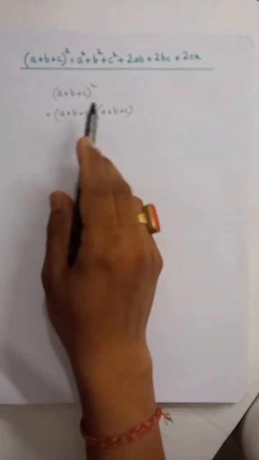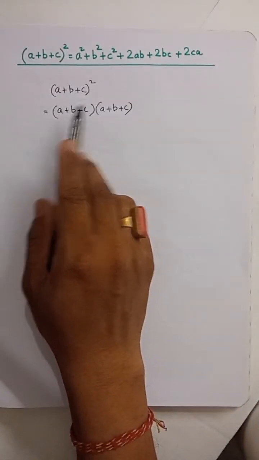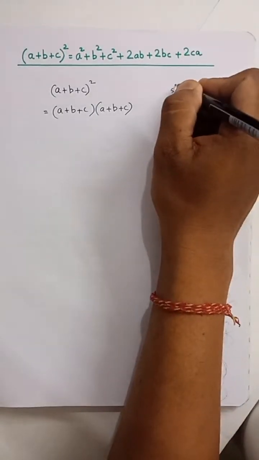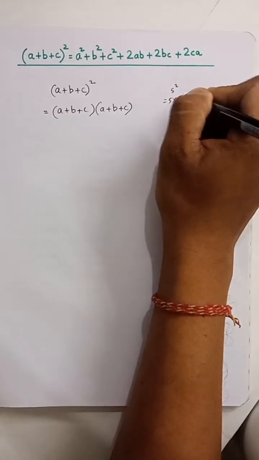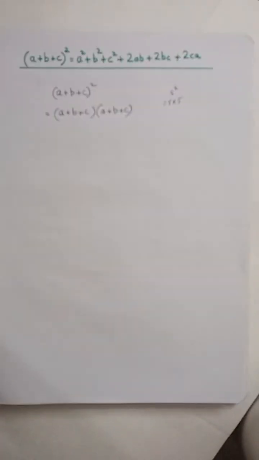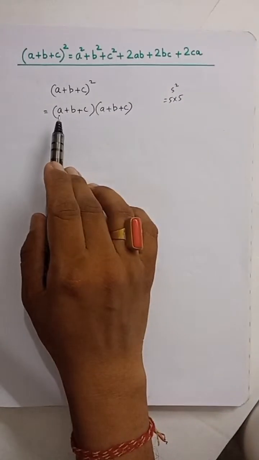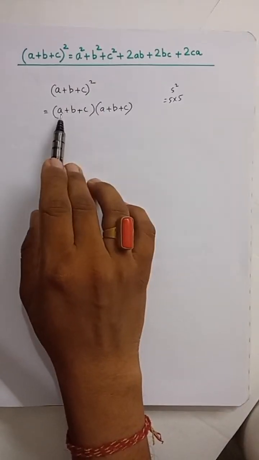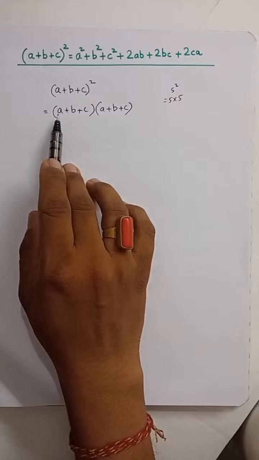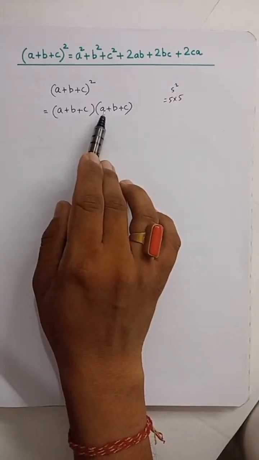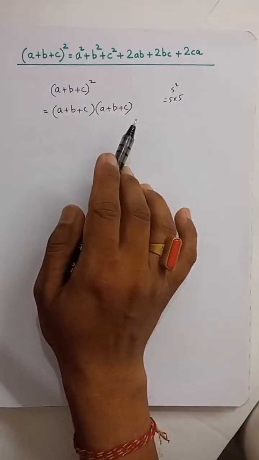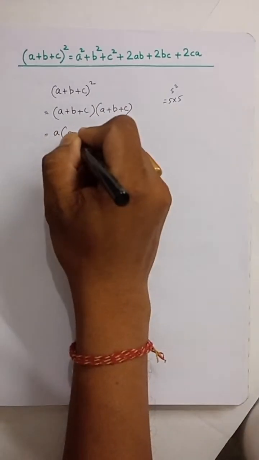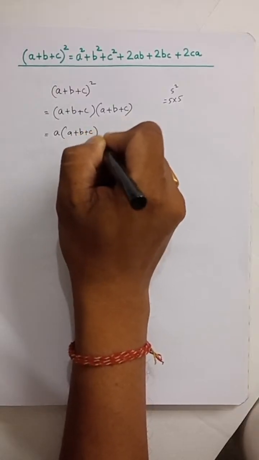This is whole square, right? So we have to multiply the terms twice. Like if I write 5 square, what is 5 square? 5 into 5. Now we will multiply each term inside the first bracket respectively with (a + b + c). So how am I going to express this? a into (a + b + c)